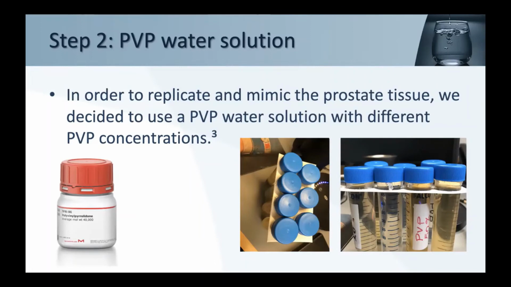Oh, okay. So in order to replicate and mimic the prostate tissue, we decided to use a PVP water solution with different PVP concentrations from 5 to 50%. As I said, by doing this, we wanted to cover as much as possible the range of possible tumors that we might encounter. 5% being very low-grade tumors, 50% being very high-grade tumors, plus just a pure water vial in the middle. So the final result was,